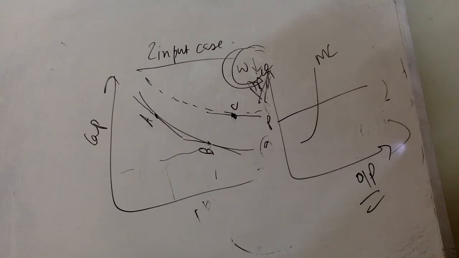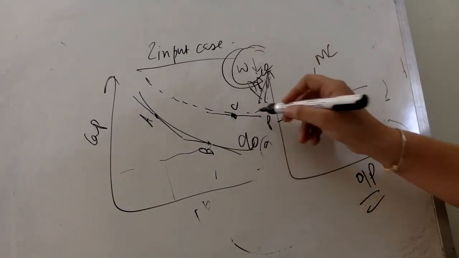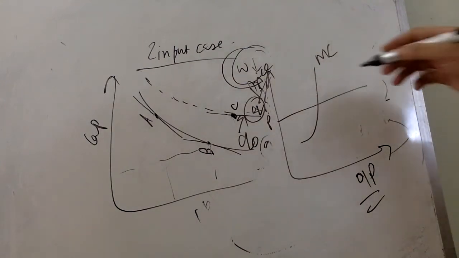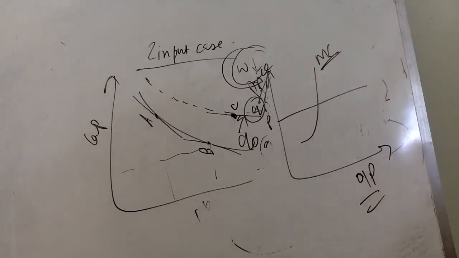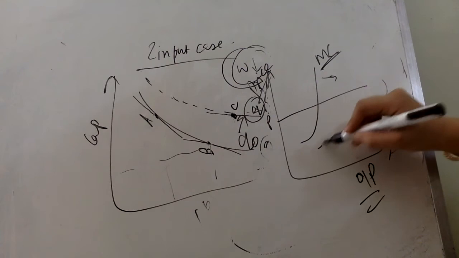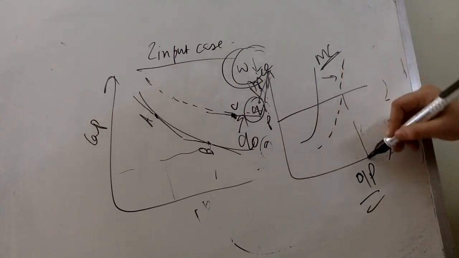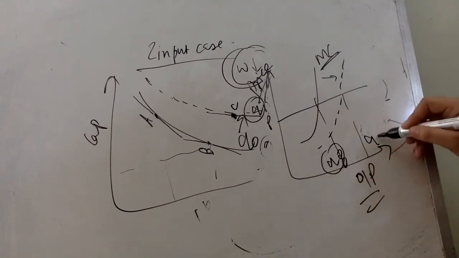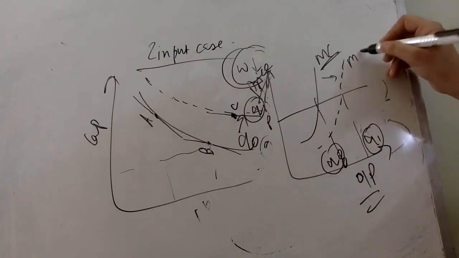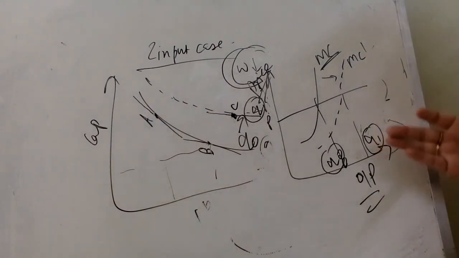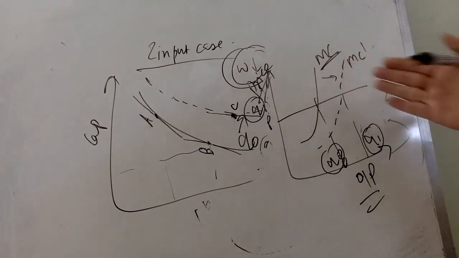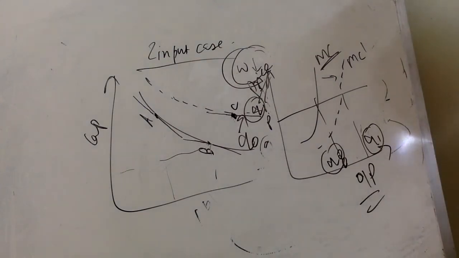Now the supply function: because output has expanded from Q0 to Q1, I know that the supply of the firm has increased. So if this was my earlier marginal cost function, the marginal cost has now shifted to another level at which a higher level of output is produced. Earlier Q0 was produced, now Q1 level of output is produced. So this is say MC1. A higher level of output corresponds to a shift of the marginal cost toward the right.